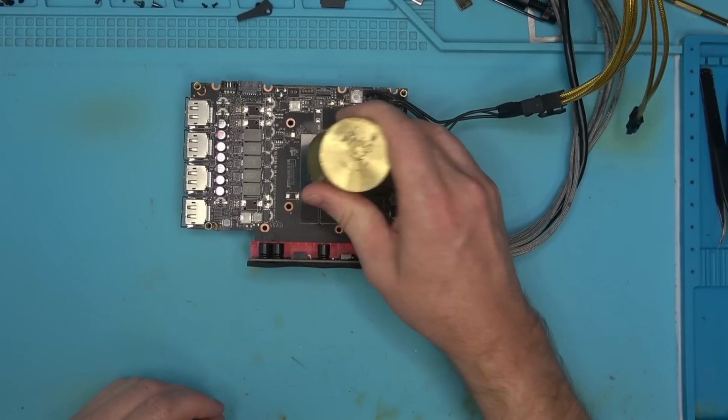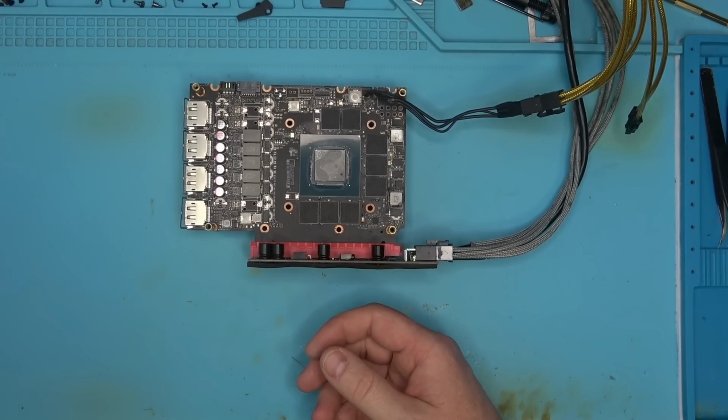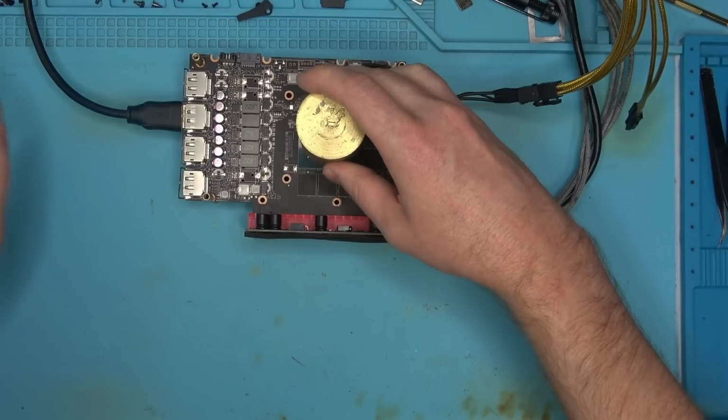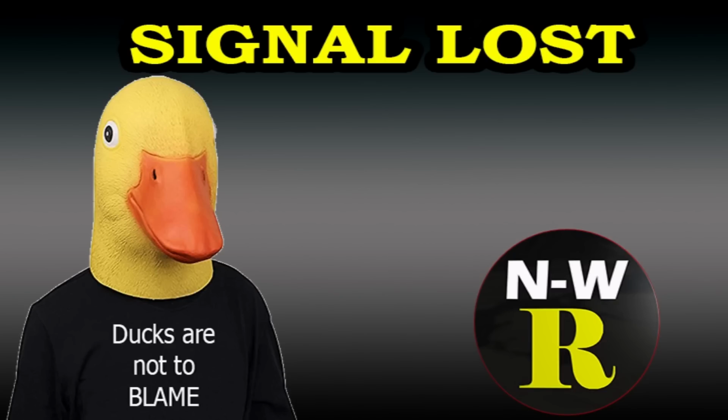So with that there, the card is now fixed. Now let's try this port. My guess is this port only works if you wiggle it around. Okay, so my guess is, I don't know